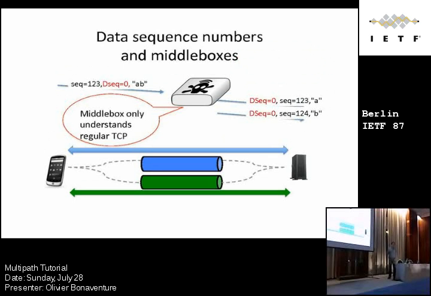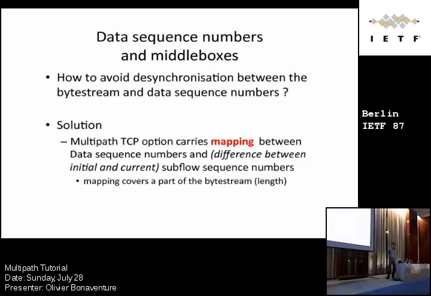We can also have the same problem with the opposite middle box that would split TCP segments. And if we split TCP segments, we have the issue as well. So when you extend TCP, you have to deal with modification of options, but also with splitting and coalescing of TCP segments. So how can we avoid desynchronizing the state machine on the client and the state machine on